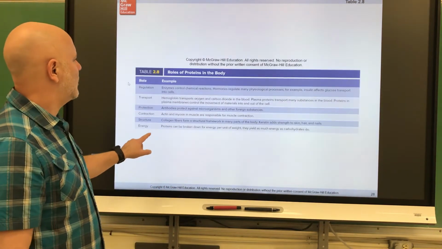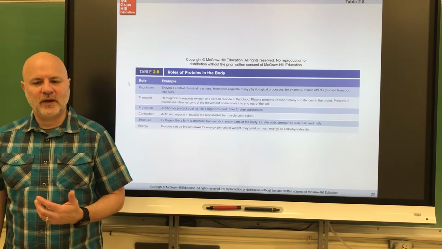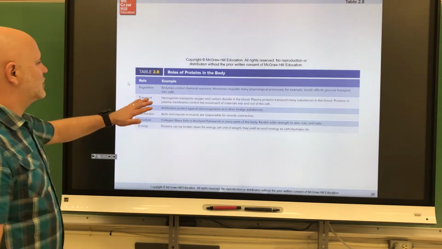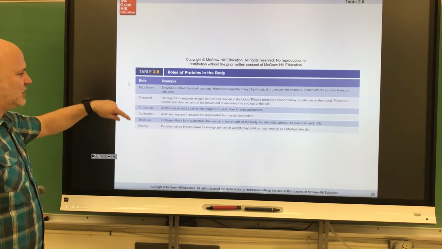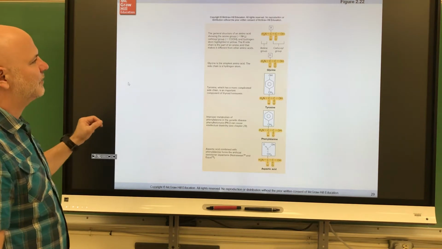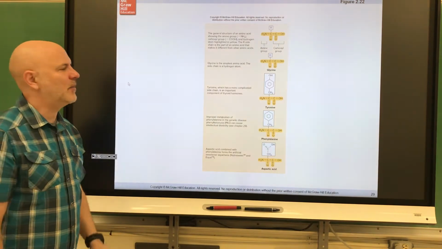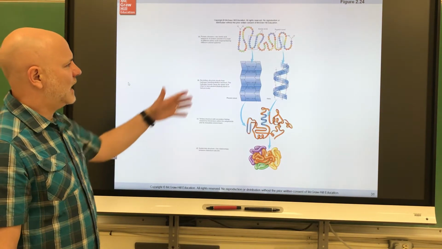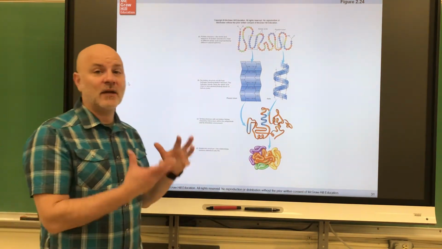Now let's take a look at proteins. Proteins are large molecules composed of amino acids, and they have many, many functions in our body. And this is just trying to show regulation, transport, protection, contraction, lots and lots of functions here. These are trying to show amino acids, so there are 20 amino acids that make up all the proteins of life. All right, so this is showing that proteins have 3-dimensional shapes that are held together by these hydrogen bonds